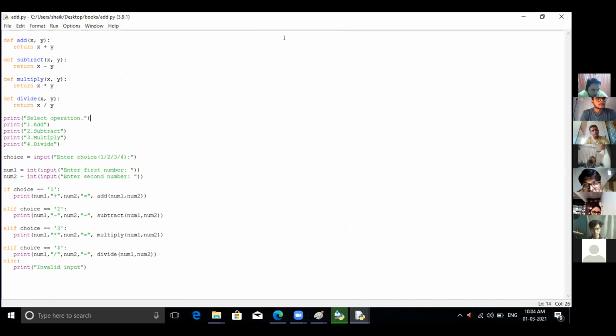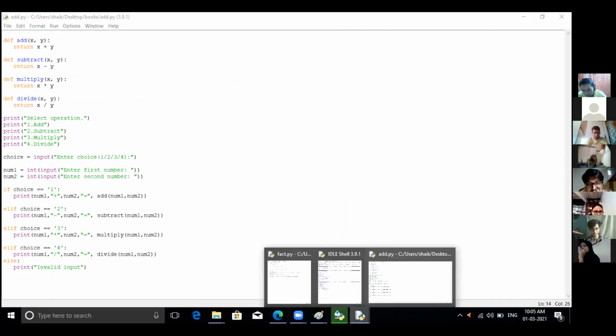Rahul, minimize your output. In this program, give the fifth option as exit, and according to that, make the changes in your program. There are four options, na? 1, 2, 3, 4. Give the fifth option as exit. So whenever the user presses the fifth option, only then will it exit. Otherwise, continuously it will go for the operation.